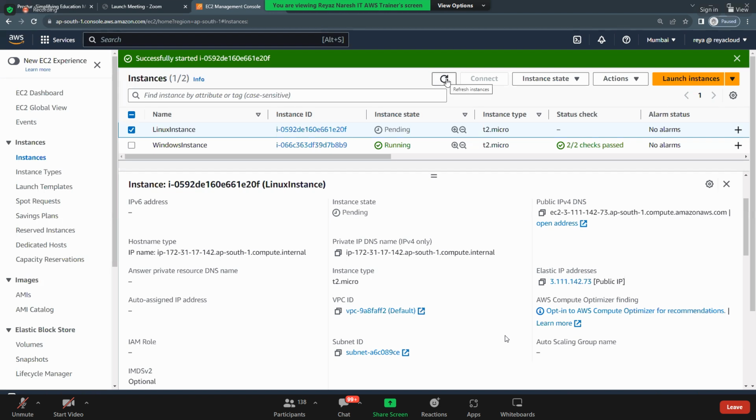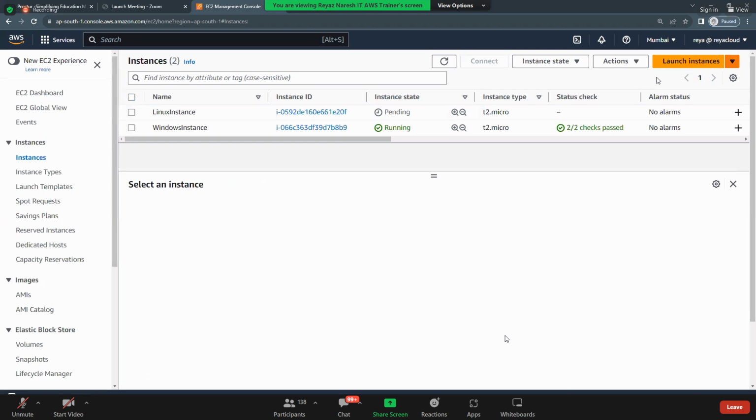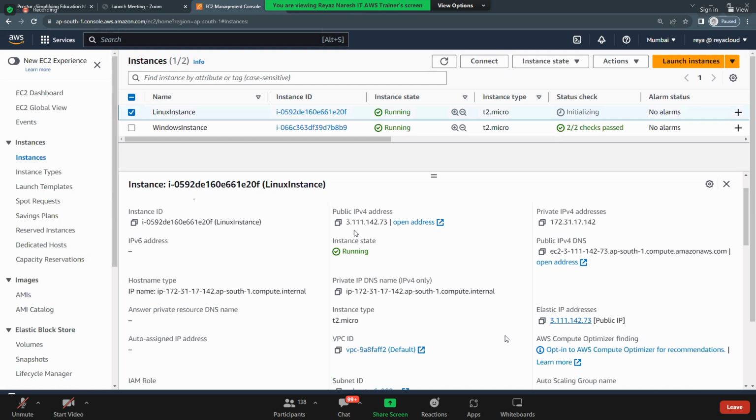Once it turns to running, you should see the IP address should not be changed. Now it is running. Do you see it got changed? Any change? No change. Do you see the difference? If you assign the public IP address and you stop and start, the IP address will change. If you assign the elastic IP, the address will not change.